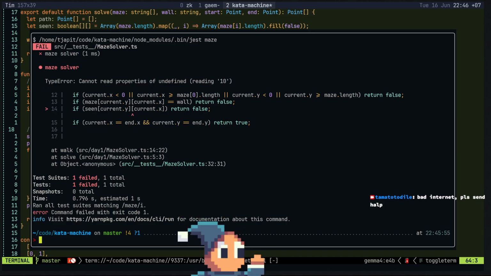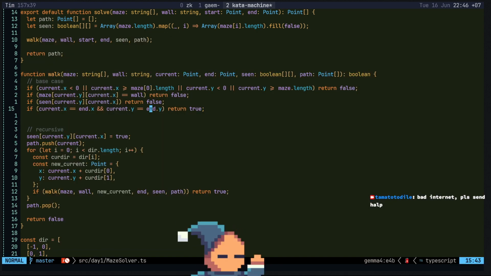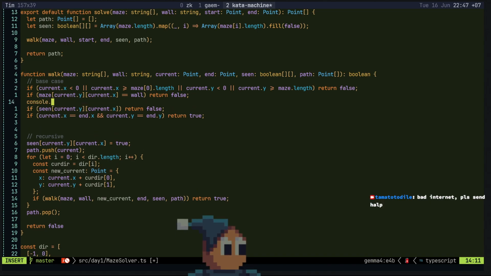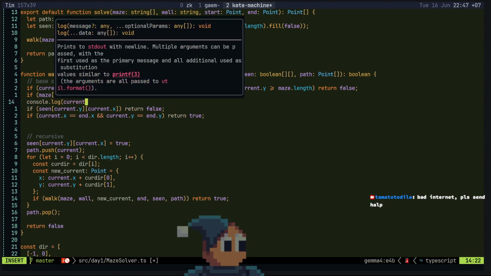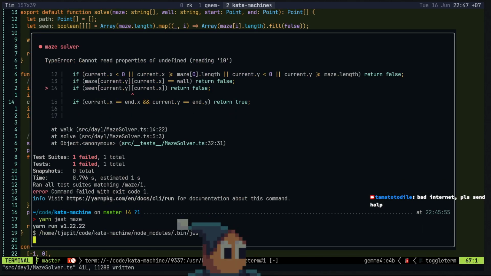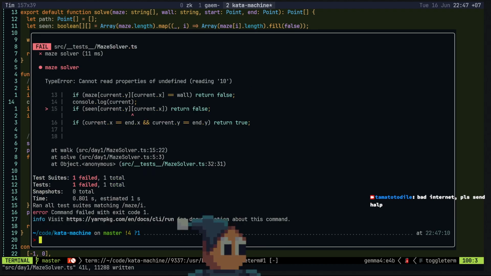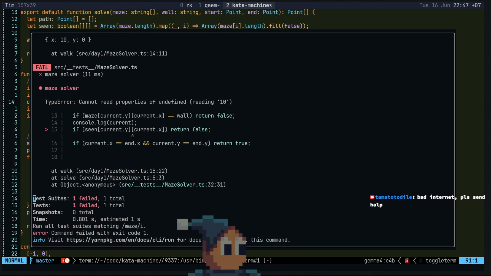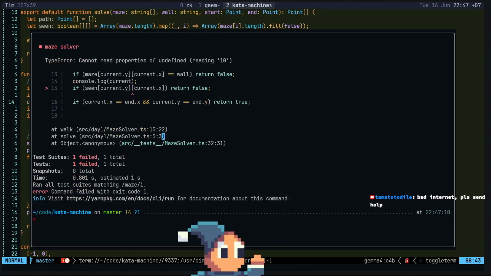Cannot read properties of undefined. Wait, what's the current then? Did printing it at home? Okay, there we go. X is 10. Reading 10. Oh, that's why.